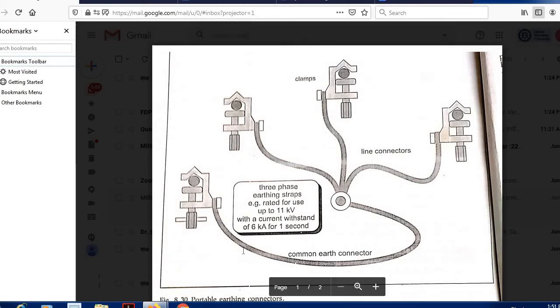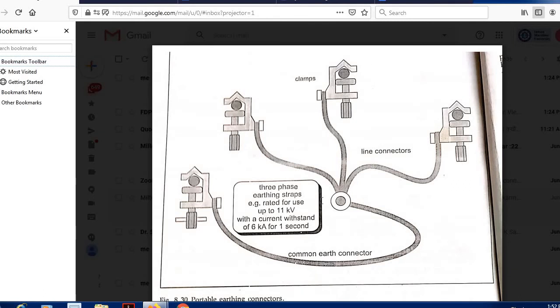When we are connecting this local earthing, first we connect it to the ship's hull and then to the individual phases. When we are disconnecting, we remove the individual phases, and finally, once it is disconnected from the phases, we take out the 4th one. So this is the sequence in which it is connected and removed, right? So this is how we do it. See how cumbersome it becomes just to take an insulation resistance.